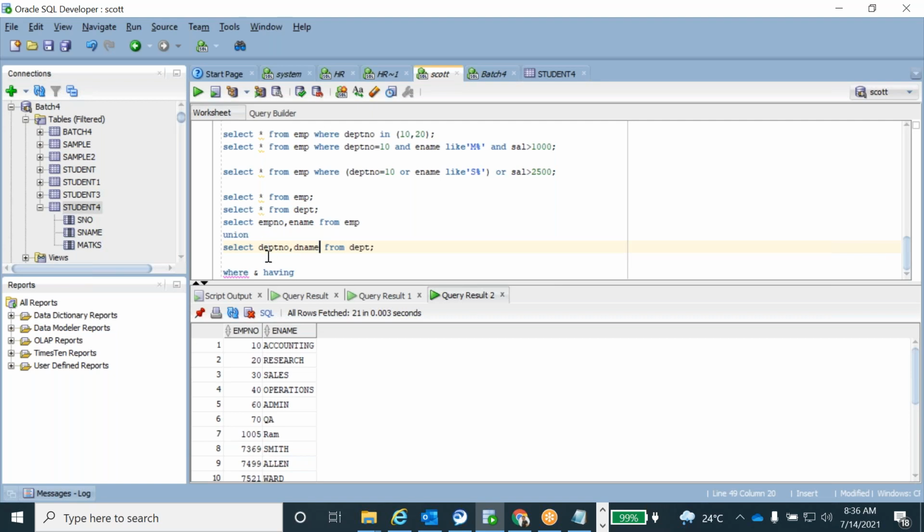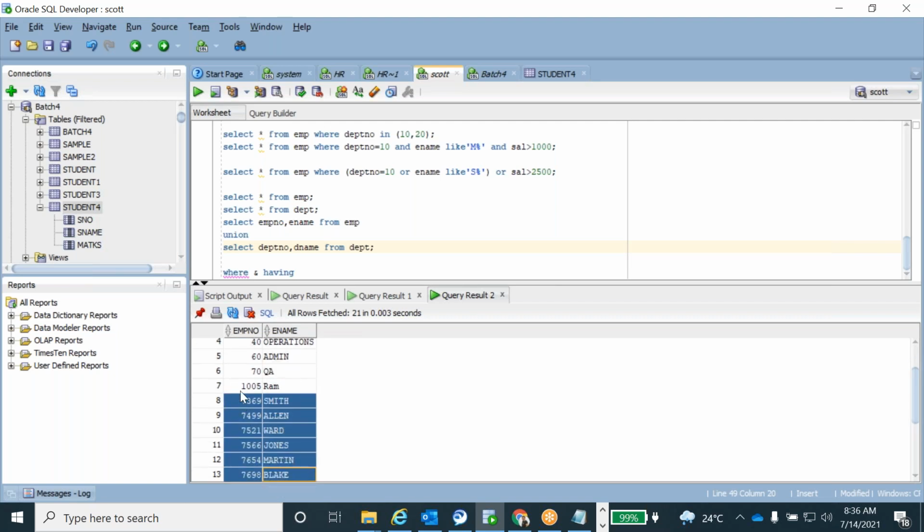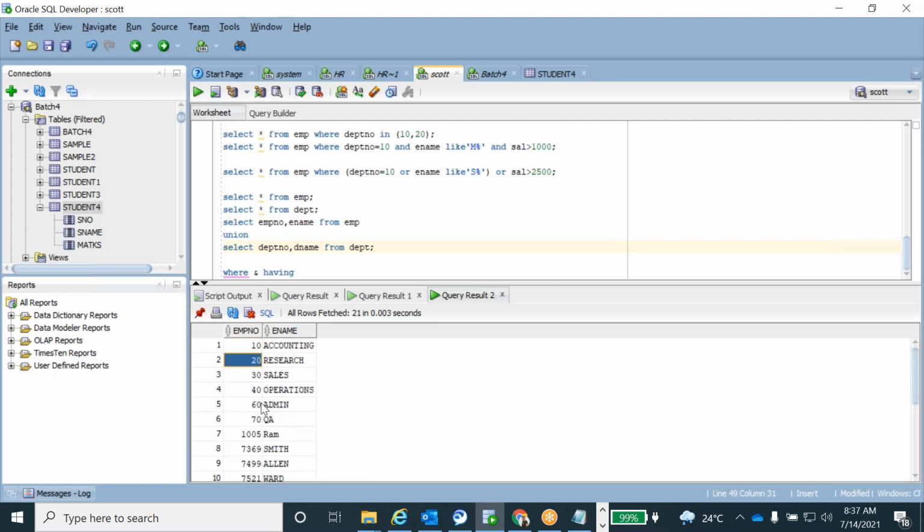It will sync from table 1 to table 2. Now see, this is the data, one table's data and another table's data. It won't compare the data wise, whether the data is exactly matching or not. Whatever data is there is displayed here. Total 15 records are here and 6 records there, so 21 records are displayed. There is no common data between these two tables, that's why it displayed all the data.